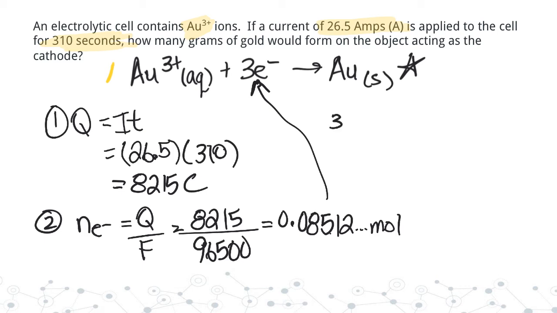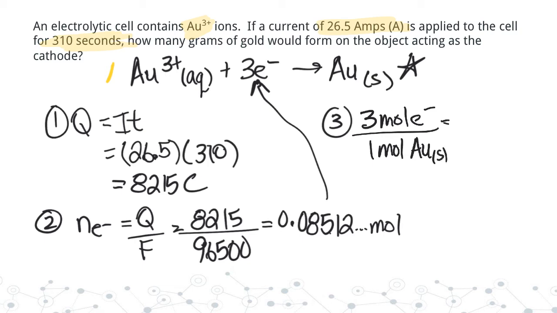So now we've got to use stoichiometry and recognize the fact that we got 3 moles of electrons for every 1 mole of gold that we're going to produce, solid gold. So we're going to use the values in here to figure out how many moles of gold that we are going to produce. So that is 0.02837